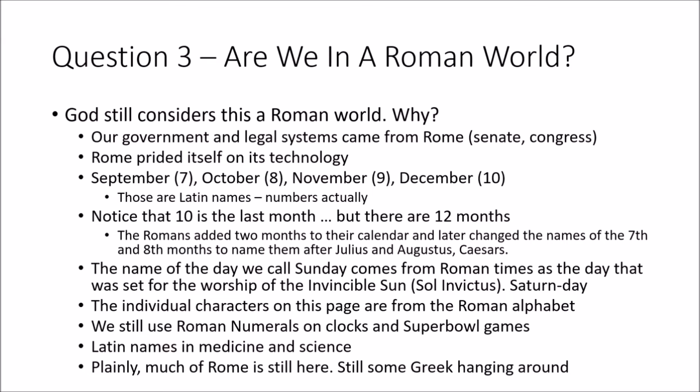And if you notice that December, which is the last month on our calendar anyway, is kind of strangely numbered 10, because there are 12 months and not 10 months. And that's because the old Roman calendar had 10 months and they had kind of a gap between their months. And so 10 is what they used, but later on they added 2 months to fill in that gap. And when they did that, they named the 7th and the 8th months after 2 of their Caesars, Julius and Augustus, and that's July and August. So as we can see, our month names are strongly derived from Latin names for things.